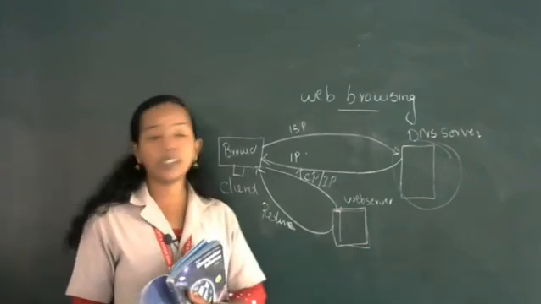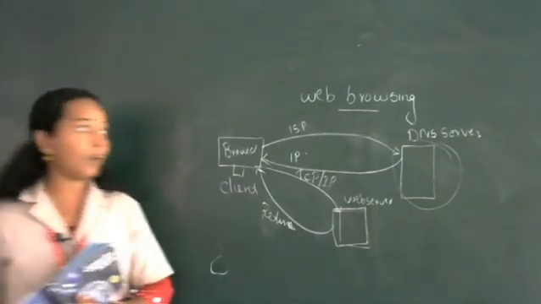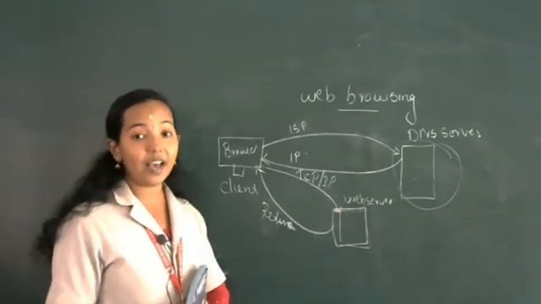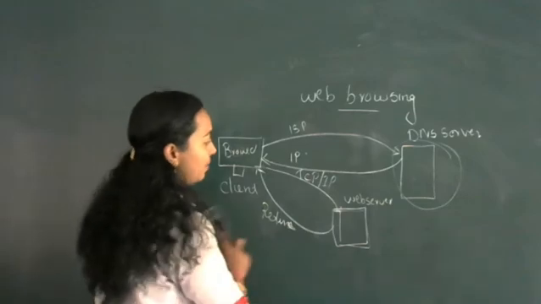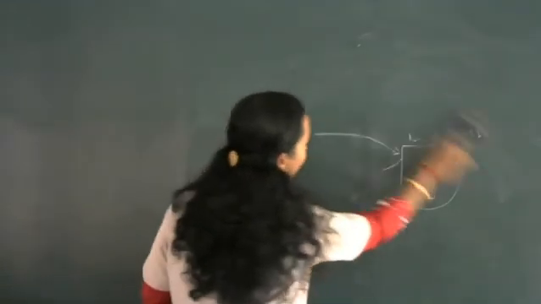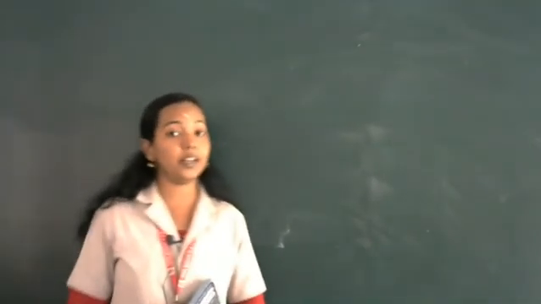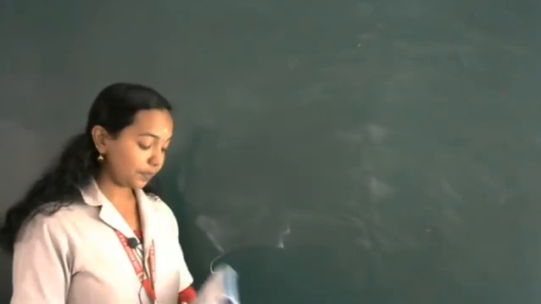Clear? So this is known as web browsing. What is meant by web browsing? It is how we are interacting with or accessing web pages from the web server. In your textbook, this definition and also the steps are already given. Please read your textbook. A pictorial representation is also present. Then, next one, search engines.